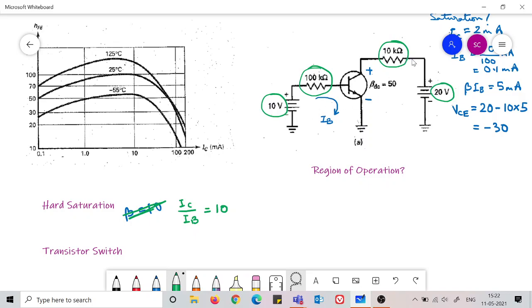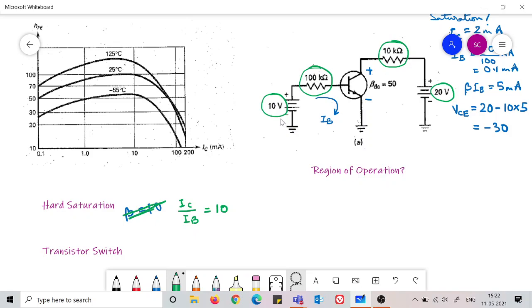So there is some output current delivered by the transistor. The load circuit has a current through it. When we have 0 voltage on the input side, the load circuit also has 0 current. That means the load circuit is cut off. So it acts like a switch for the load circuit.